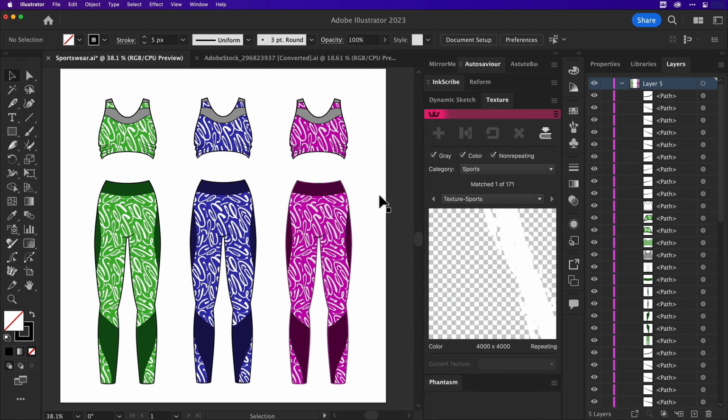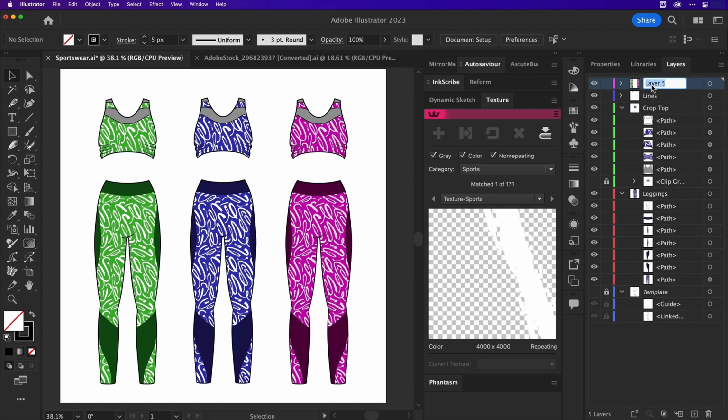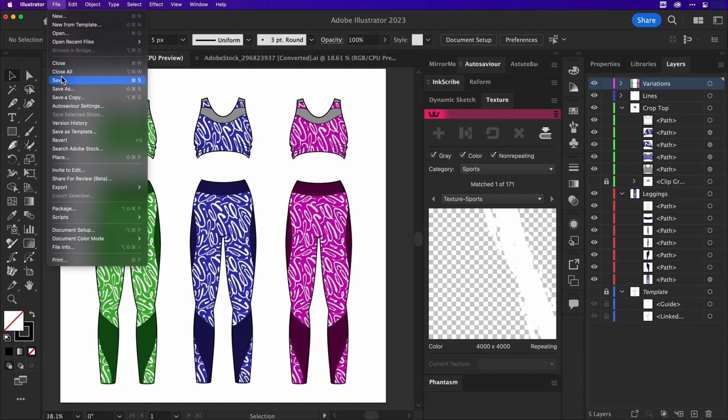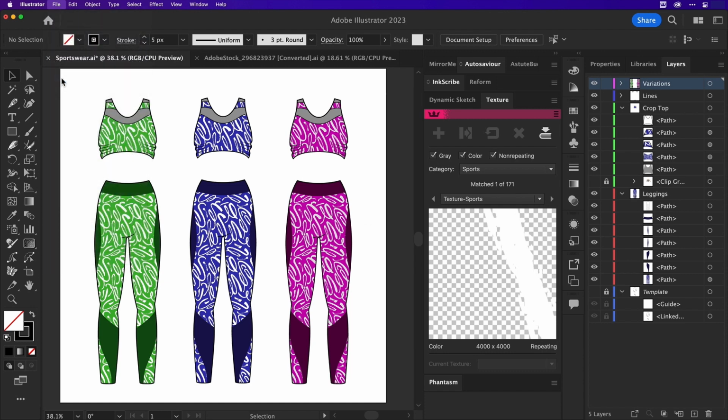And just like that, autosave reminds us it's time to save again. Lucky. In this tutorial, we've looked at a few of the plugins from Astute Graphics that help you speed up your design processes in Illustrator, saving you some time on repetitive fiddly tasks and freeing you up to do other things.